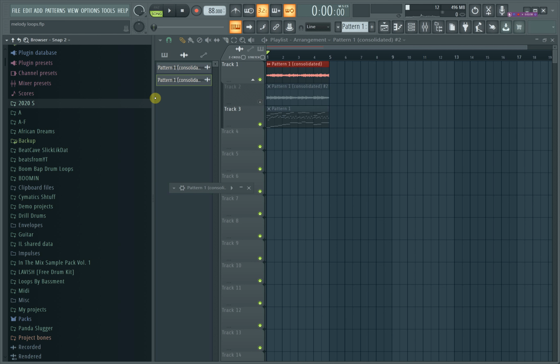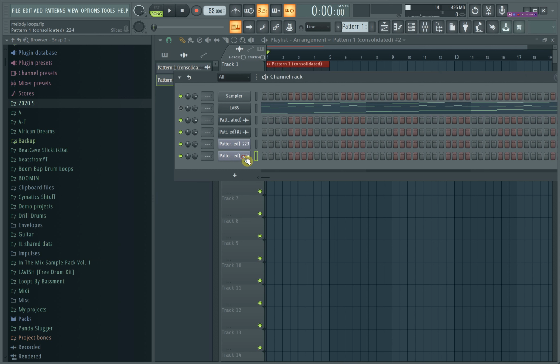But yeah, so you want it to be either 8 bars or 2 bars. That's usually what I do, personally, because, as you can see here,